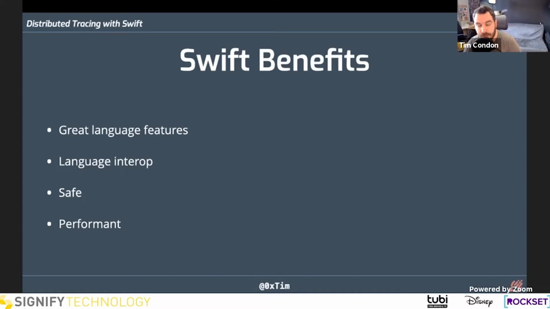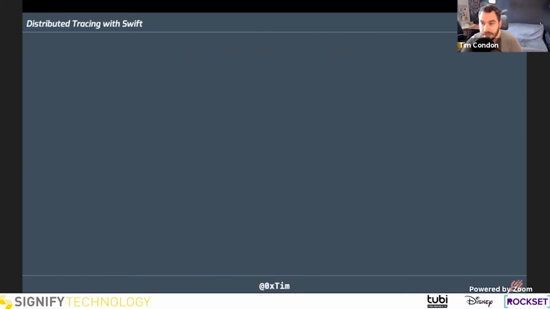So it's a really performant language when it comes to memory, but it's also a really performant language when it comes to CPU usage. So Swift is a compiled language. So it compiles down to native machine code. So there's no JVM or interpreter running, which means that you can get really high performant code written in a really nice language that's safe. And Swift is joining these modern languages, as I said,